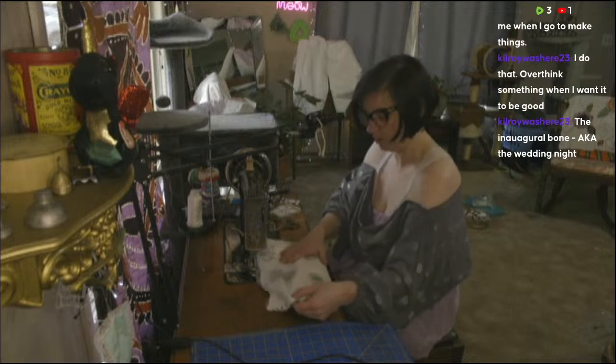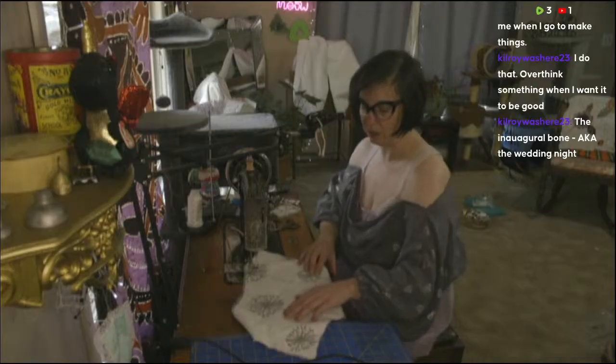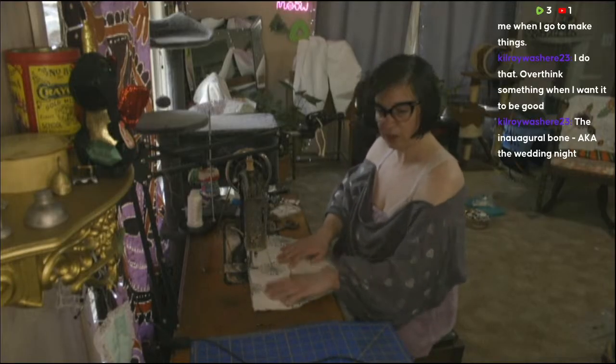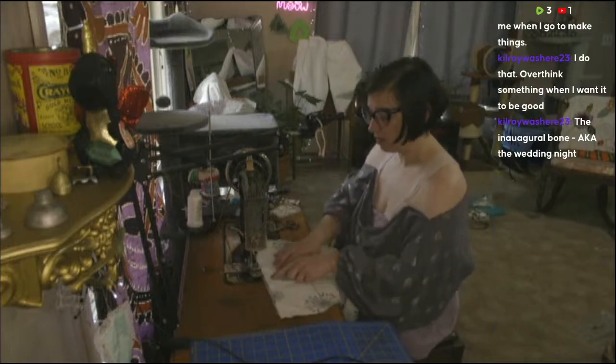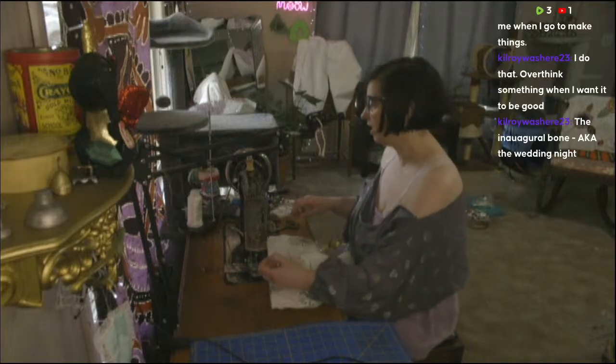Okay, there we go. That was way too stressful. All right, one bone in. So then I'm going to leave that one in, get the next bone. Wow, I think